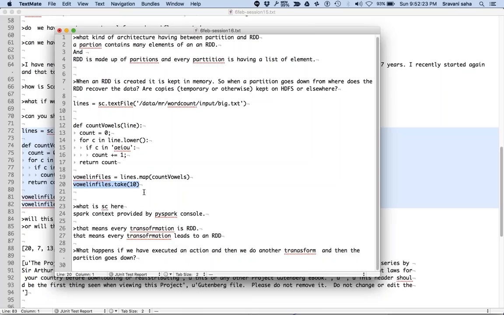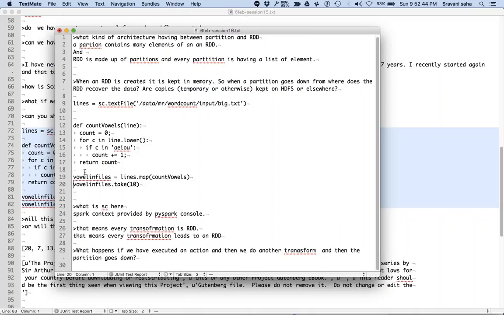So imagine that we executed an action like take, and then we kept it in a variable. Take would always result in another data set, physically or in a local variable.